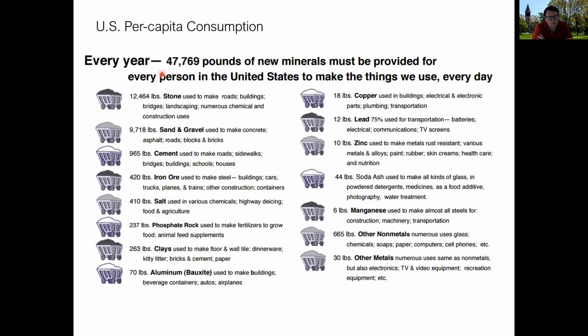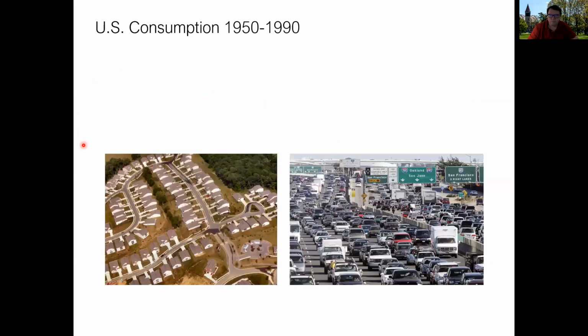That means each person on average consumes more than 45,000 pounds of materials per year. A lot of that is stone, sand, aggregate, and cement for buildings, roads, and infrastructure. It can range down to salts that are essential for food and de-icing roads, all the way down to essential metals used in nutrients and minerals. I won't sit here and read this all to you, but I can't overestimate: you interact with the mining industry more than you interact with oil and gas, fossil fuel energy, in ways you don't even realize. So much of it is just infrastructure. Obviously, not every person is really using 45,000 pounds of materials, but our construction and infrastructure is basically consuming that much on a per capita basis.